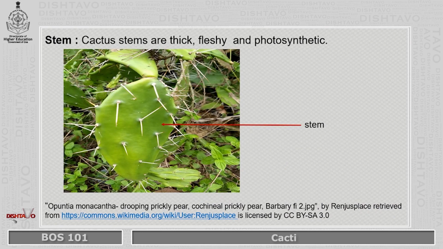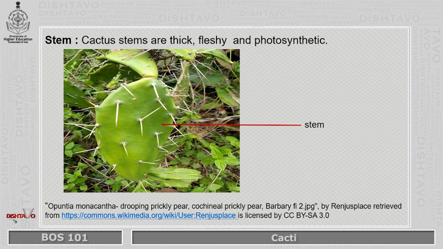Stem. Now if you have ever touched the stem of the cactus, you could make out that the outer surface of the stem has a waxy layer. The outer surface has a waxy layer to reduce the water loss. Now since cacti are found in arid regions, they need to absorb a large amount of water. Besides absorbing a large amount of water, they need to store it somewhere, right? So in cactus, it is the stem where the water is being stored.